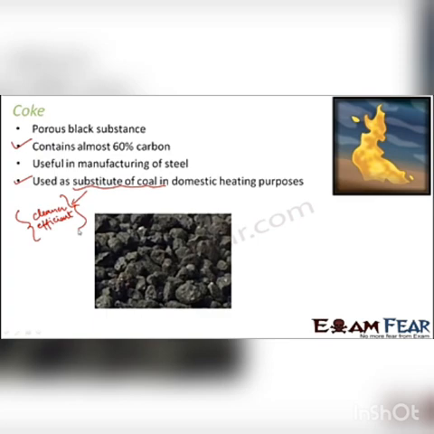So when hot steam is passed over it, then the hot water vapor reacts with the carbon to form carbon monoxide and hydrogen. So this mixture of carbon monoxide and hydrogen forms water gas. So basically, we can say that this water gas in turn helps in preparing coal gas. So that's how we can say that coke acts as the starting material for preparing coal gas and water gas. So that is also another advantage of having coke.